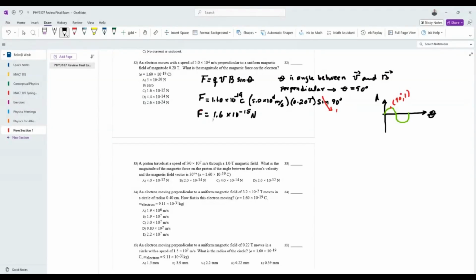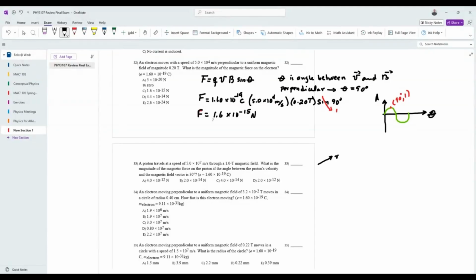Now look at the next. They say a proton travels at a speed of 5 times 10 to the 7 meters per second through a 1.0 Tesla magnetic field. What is the magnitude of the magnetic force of the proton if the angle between the proton's velocity and the magnetic field vector is 30 degrees? So now the angle, in this case, this is side number 33,